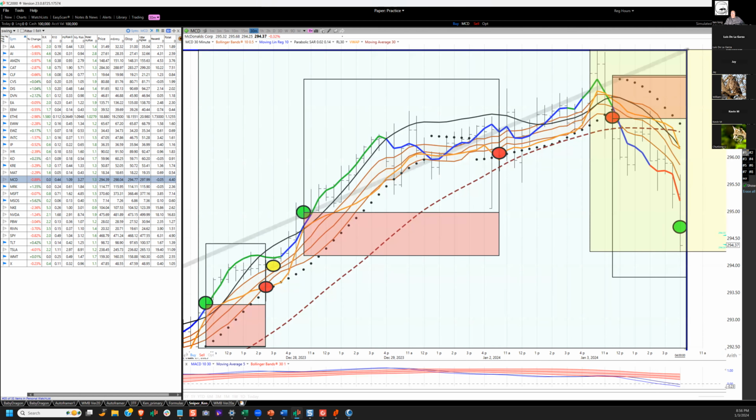McDonald's, this was part of the collapse. I mean, it gapped up and then couldn't hold it, and then the whole market started falling. It fell through the VWAP. The R10 rolled over. It came through the Dragon and the PSAR, and is testing the Bollinger Band mean, which is starting to roll over. So this was an owl entry short,